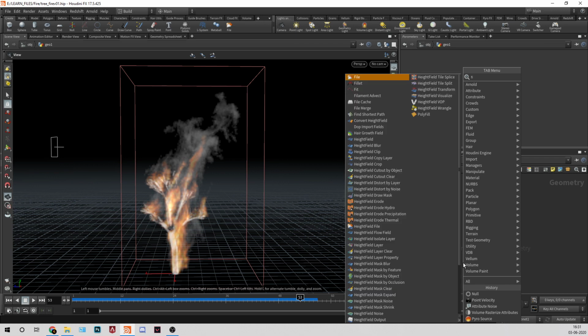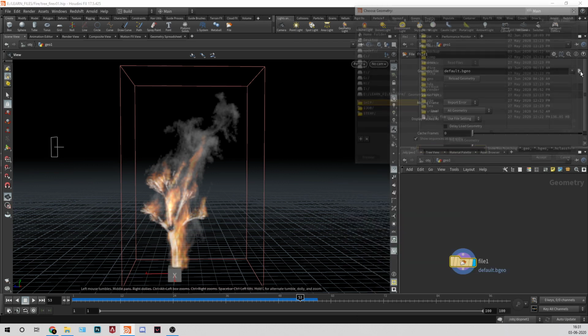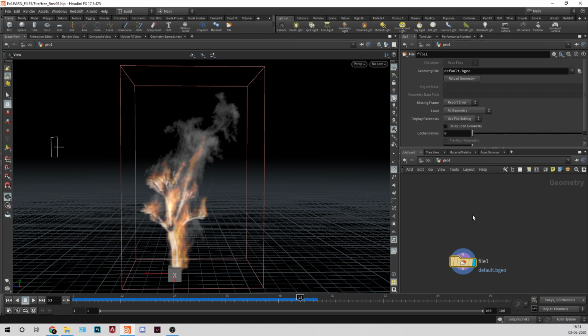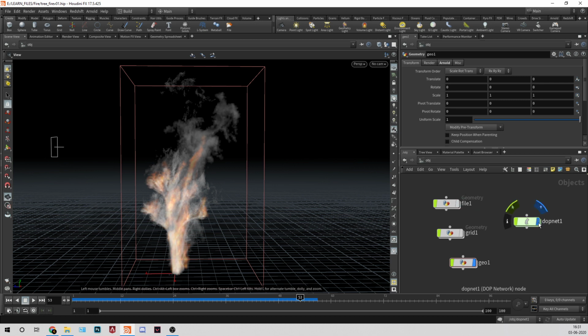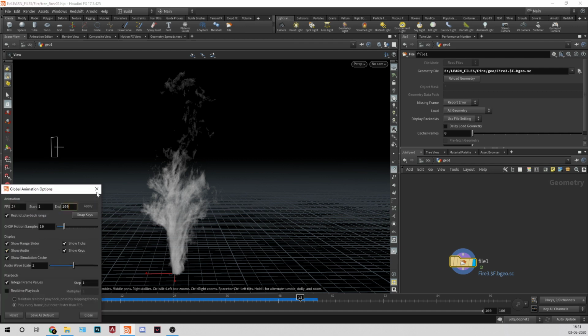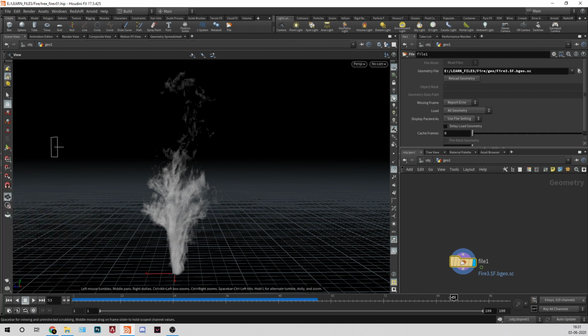Inside that I'll create a file node and import my cache, whatever I did for that. I'll go to learn files and geo. We have this, because if I start rendering this it will take a bit of time, so I'll remove both of these things. You can see we need till 100 frames, which is good.